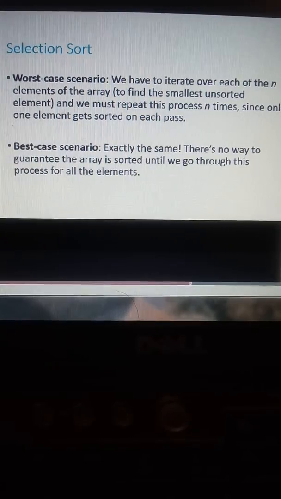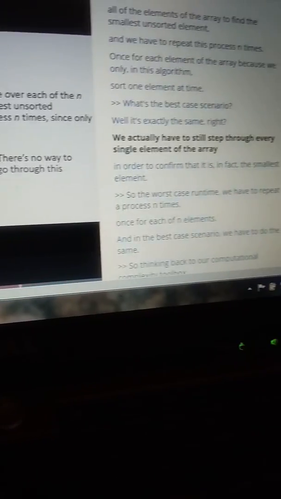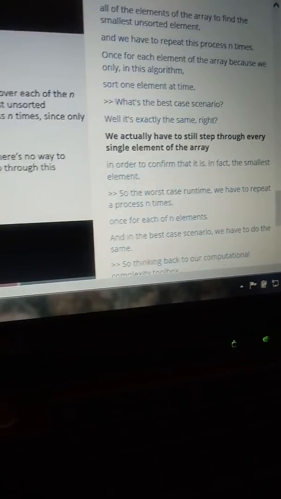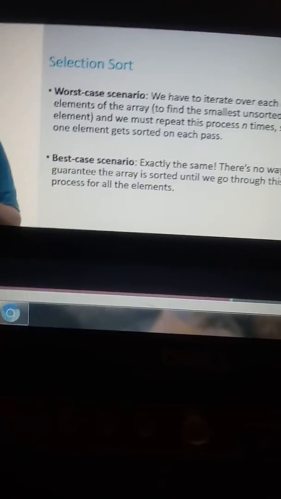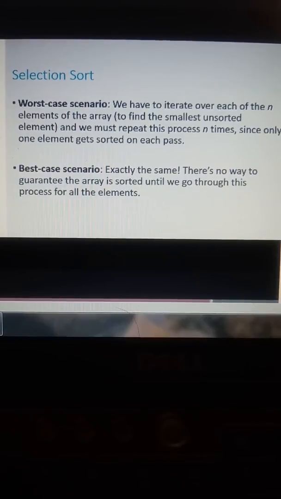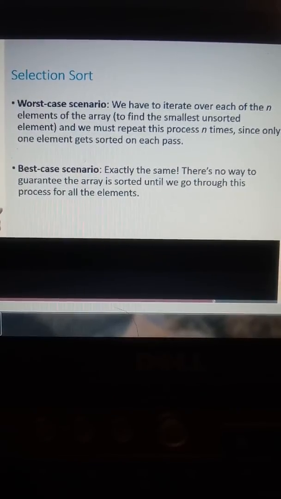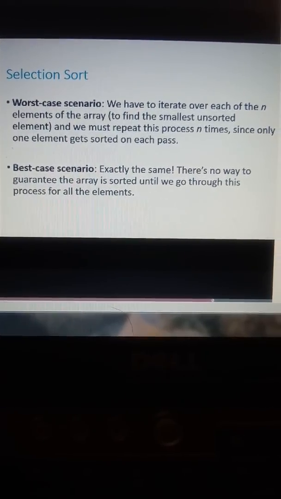What's the best case scenario? Well, it's exactly the same, right? We actually have to still step through every single element of the array in order to confirm that it is, in fact, the smallest element. So the worst case runtime, we have to repeat a process n times, once for each of n elements. And the best case scenario